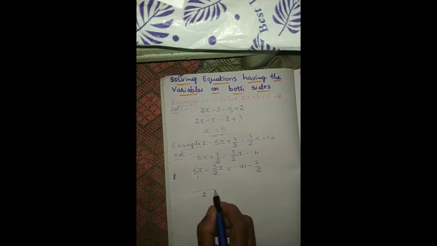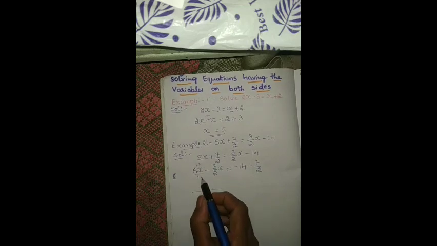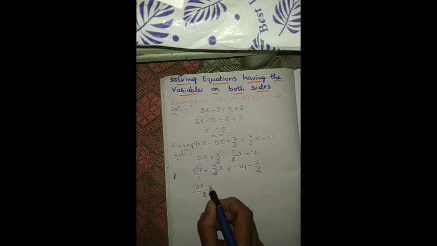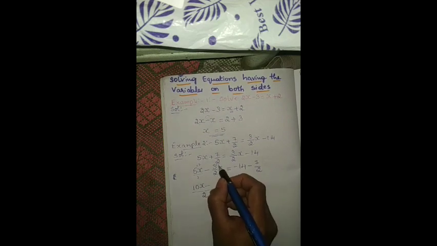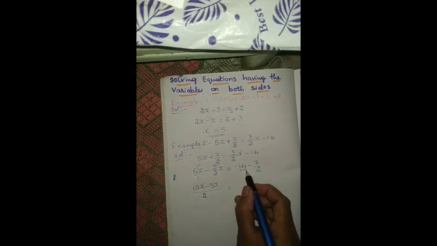2 itself. You know that, isn't it? 1 how much are 2? 1 2s are 2. So, we have to multiply that to this one. 5 2s are 10x. Minus 2, how much are 2? 2 1s are 2. 3 1s are 3x is equal to, here also nothing is there, means here 1, it is understood that there is 1.